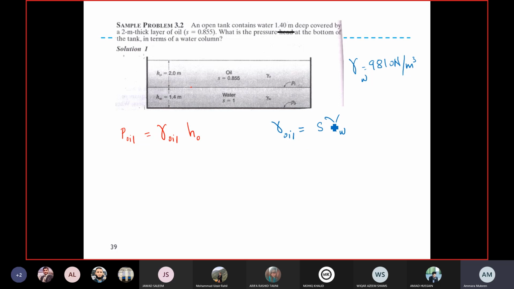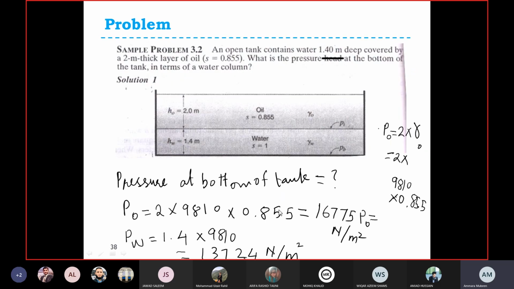Okay, so since you need the standard value of a standard substance, that's why we consider that the standard value of specific weight of water is 9810 at STP. STP is standard temperature and pressure. So gamma of oil would be 0.855 multiplied by gamma of water 9810, and you'll get that in Newton per meter cube. What is the value? Please let me know. It is